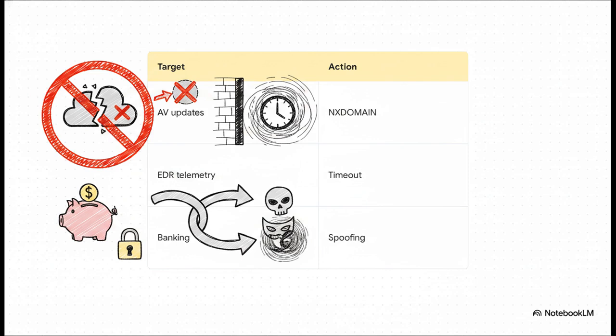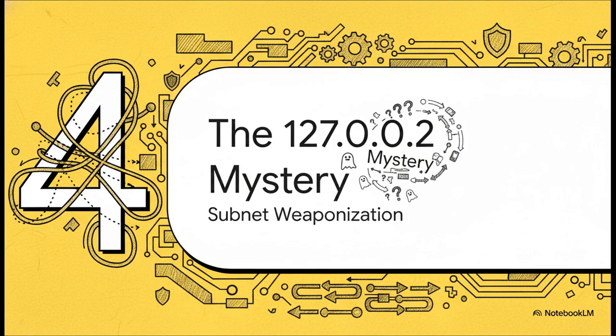And to ensure your system doesn't catch on to the lie, the implant strips DNSSEC-DO flags and triggers fake SERVFAIL storms. It literally forces your client into an insecure fallback state or total communication failure. Which leads us to Section 4, and honestly one of the most brilliant parts of this architecture, the mystery of